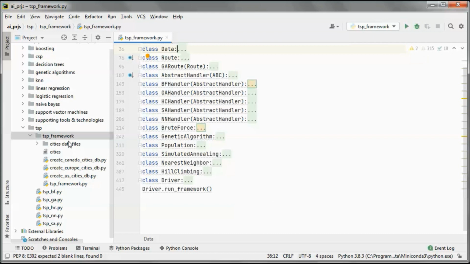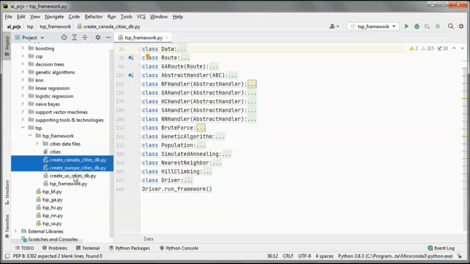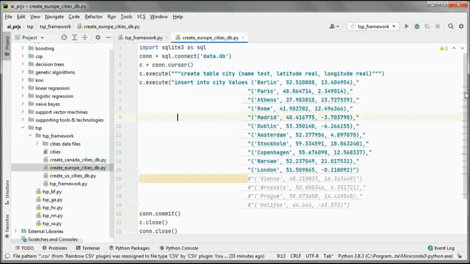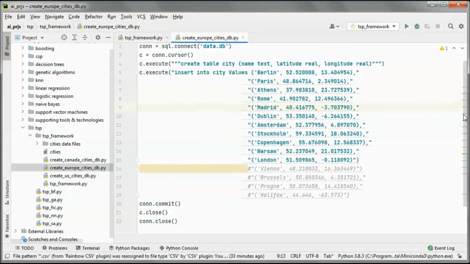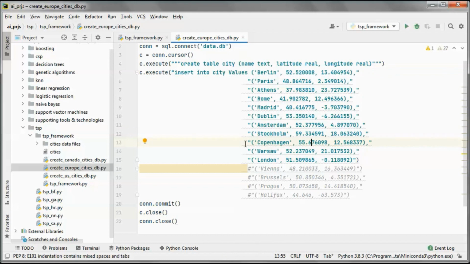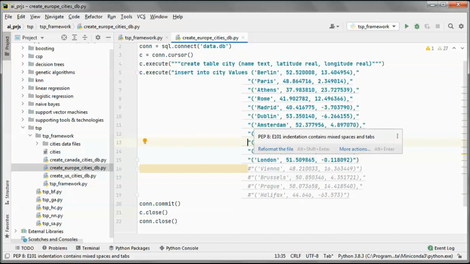And then we have those 3 scripts that create the database, and we are using European cities. So we have this script that creates the database. So let's just keep 8 cities. So let's remove those.